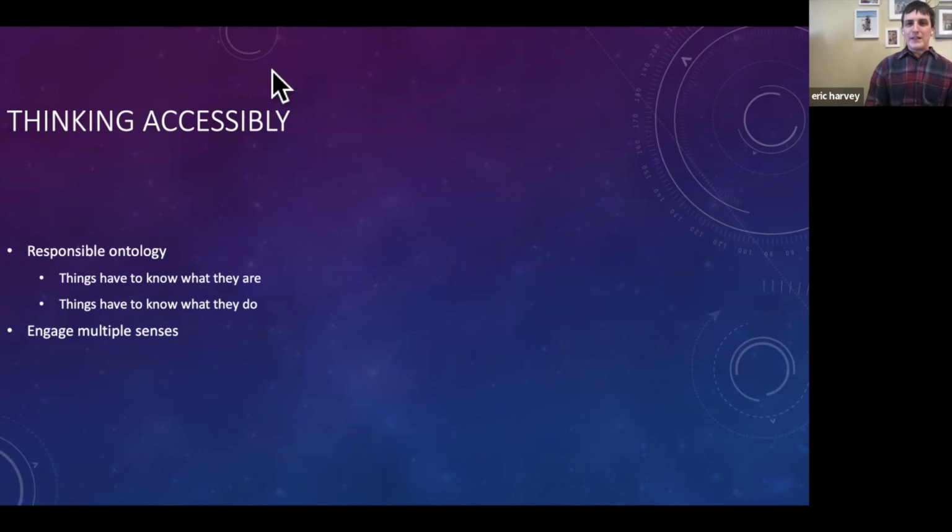If we move away from thinking of text only as visual and think of it instead as a linguistic phenomenon that can be represented visually or auditorily or tactilely, then that pushes us to that responsible ontology that allows greater engagement from a broader base of different people.